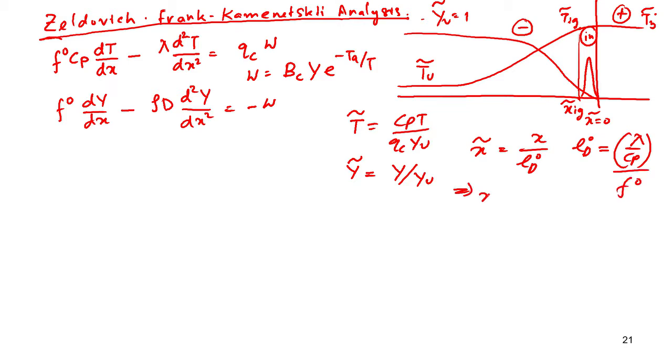This implies x tilde is equal to x divided by lambda by Cp F0. Now, if you normalize these things, the equations that you will get are